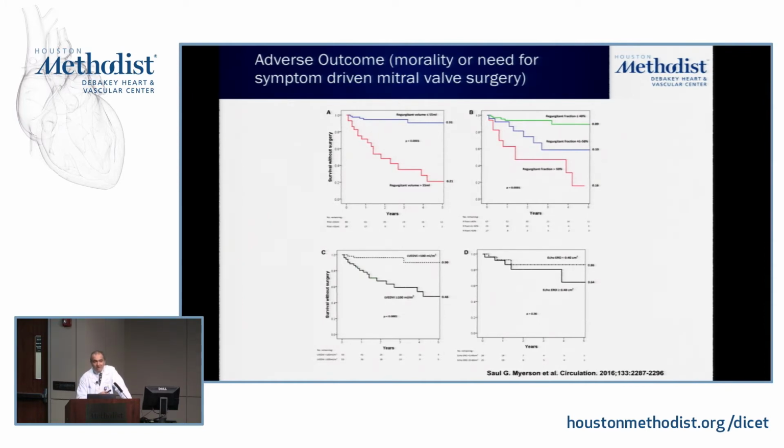The CMR findings for this project were blinded, so the referring physicians were not aware of them. And what they did find was that a CMR regurgitant volume of greater than 55 cc's was associated with a high likelihood of these patients going on to either have mortality or to need mitral valve repair surgery